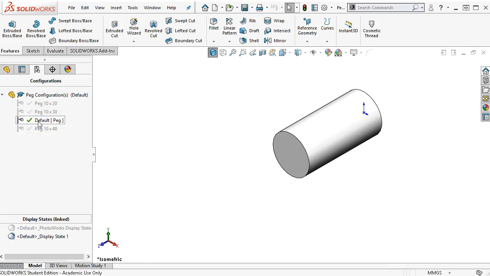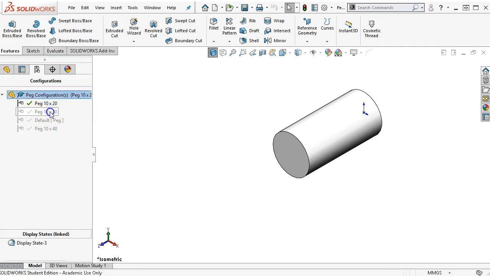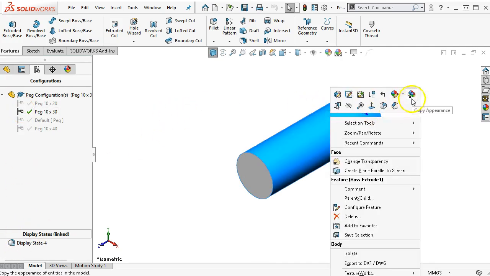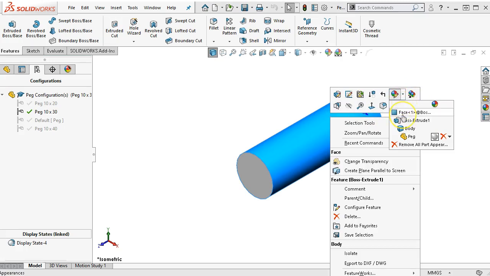but in the process right now I have display state 1, display state 3, not sure what happened to display state 2, either that or it was consumed by the PhotoWorks. and then double clicking, nope, don't want to rename, and then display state 4. So if I did want to change colors, we can go into the appearances, and when we go appearances, then is it just the face that I've selected, the feature that I've selected, the body, or the entire part? So we would want to go to the body level,